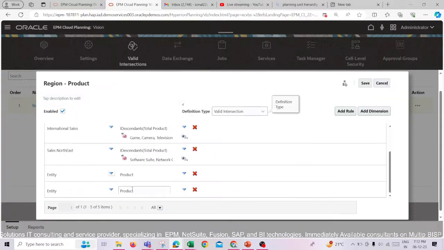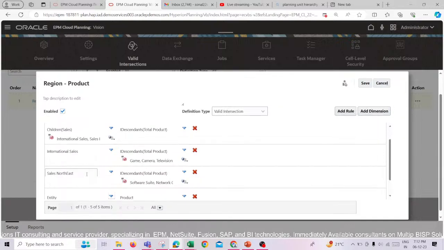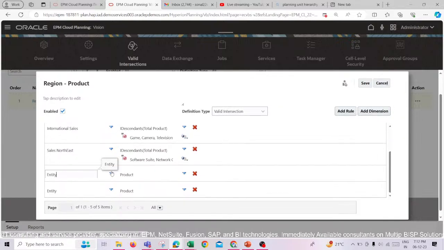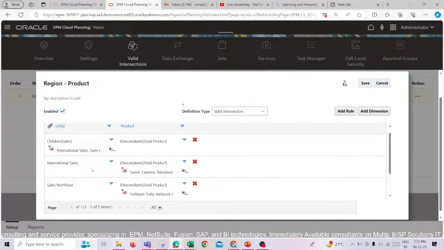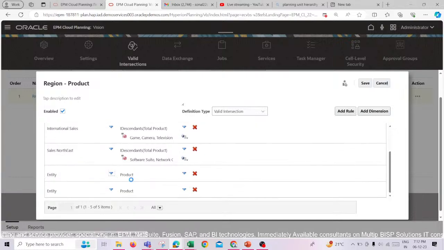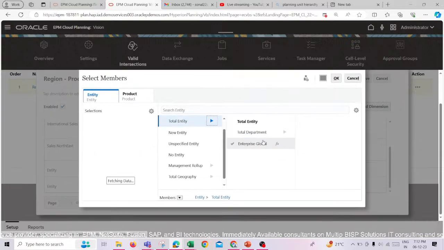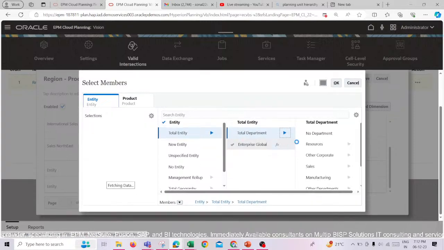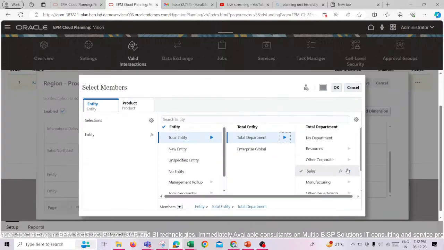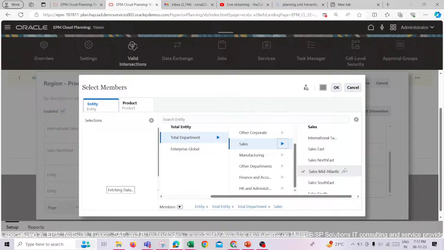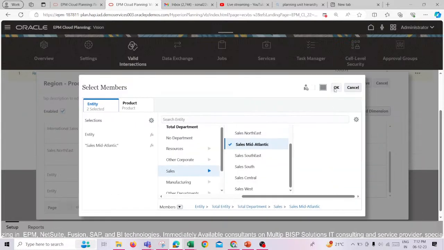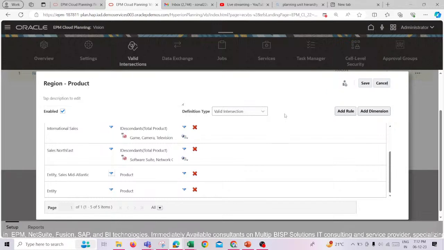I want this entity to get an intersection. Why is it not getting selected? Okay, I want this entity to get